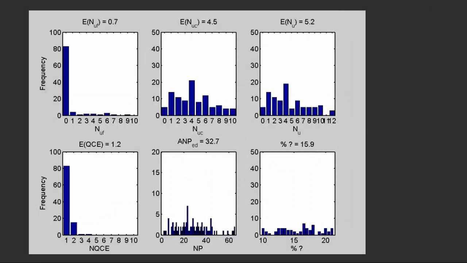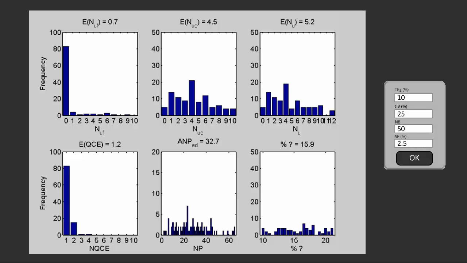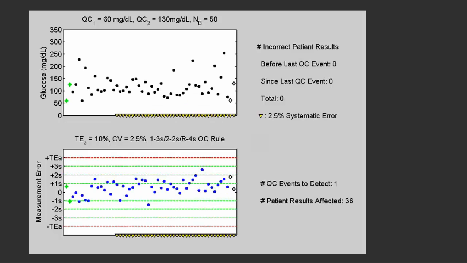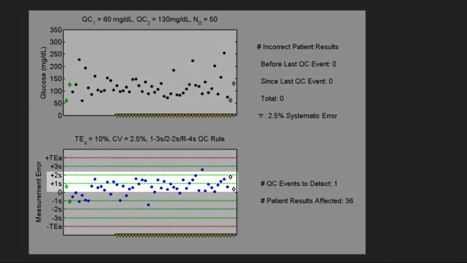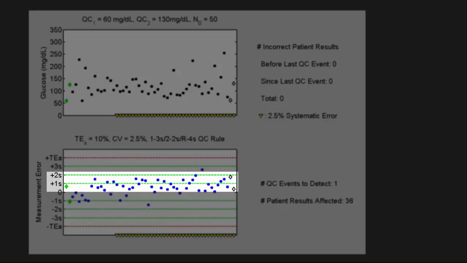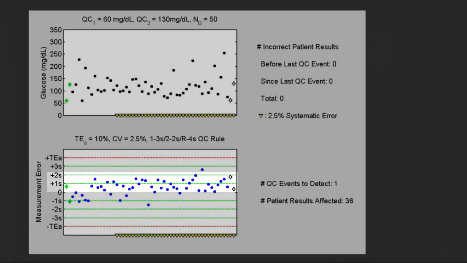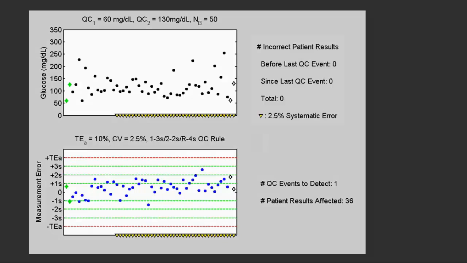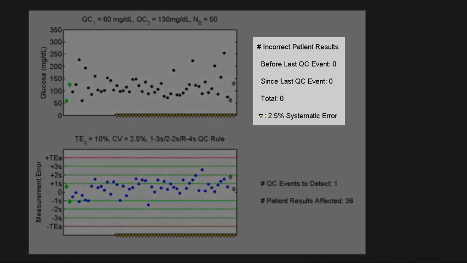To understand the other end of the spectrum, let's look at a really small out-of-control condition. What if we had a 2.5% shift upward? This is a 1 CV shift up. The out-of-control condition occurs. We see that the points are shifted up and scattering around +1s, but that isn't a very large shift. Therefore, we don't see any results that fail to meet the quality goal.